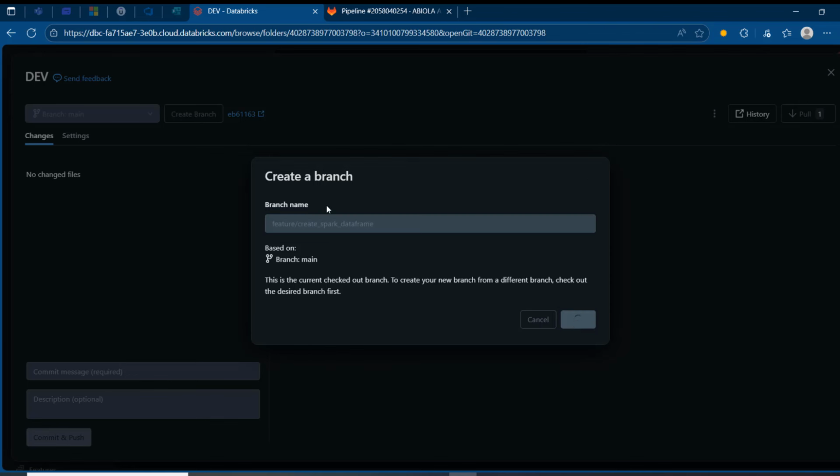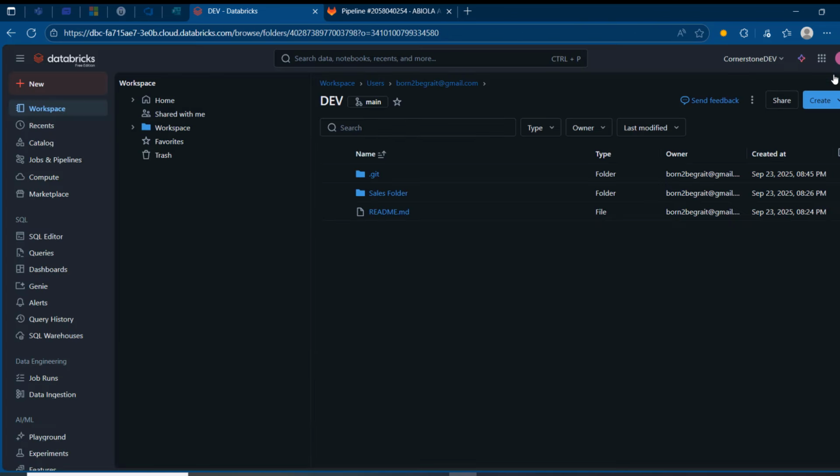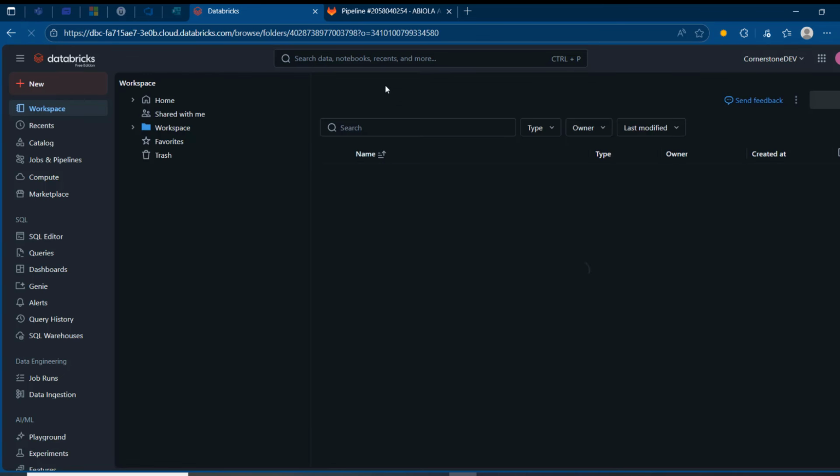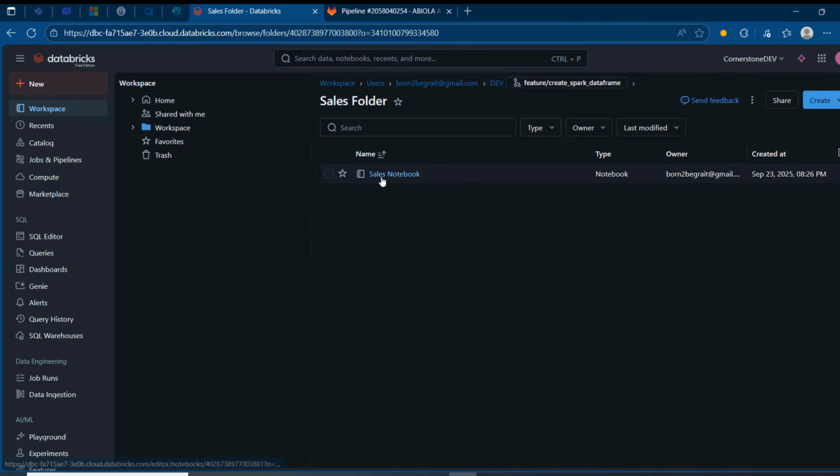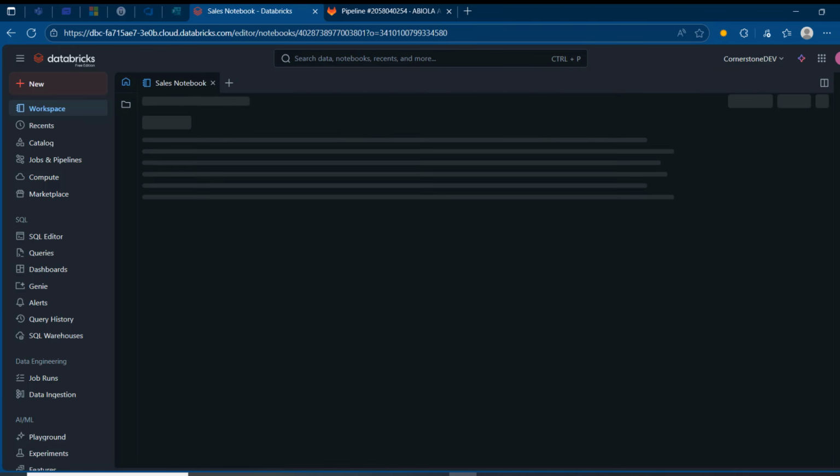So again, we're creating a development branch, which is going to be based on the main branch, the collaboration branch, and then we can access the notebook and then use our code. So this is now created. I can give this a refresh just to be able to see I've got the feature branch. So we can go to the sales folder, we can go to the sales notebook, and then at the bottom,